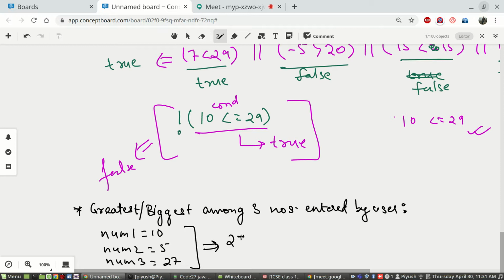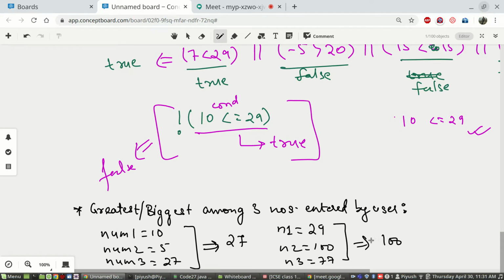Output should be 27. Out of the three numbers, the biggest number that the user entered was 27. If the user enters num1 as, let's say, 29, num2 as 100, and num3 as 77, then this program will print the biggest number, that is 100.